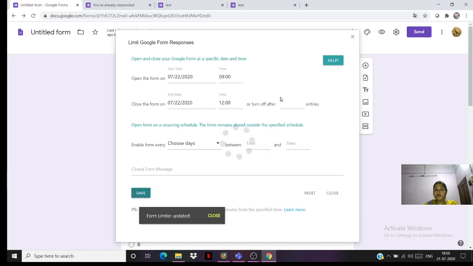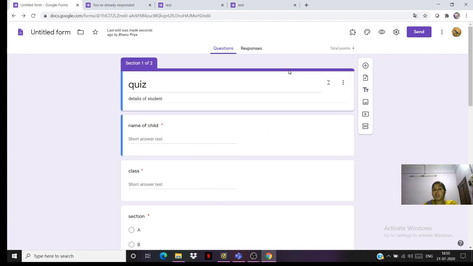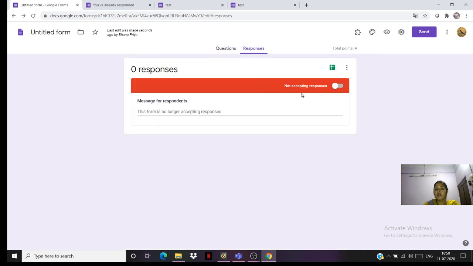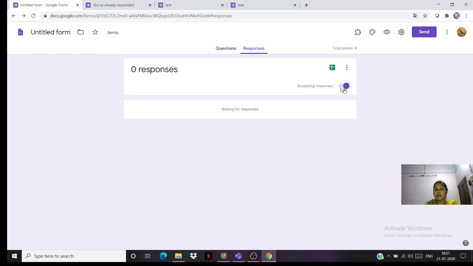So this form will open only when the time is allotted. Before that, the child cannot open it, and automatically after 3 hours, or whatever time you want to give, it will be closed. Now here, this is the response column. When we go to the response column, we can see how many children have attempted this quiz. Now here, if I select accepting responses, it will keep on accepting responses. One way to stop the test is going through the add-on email notification.